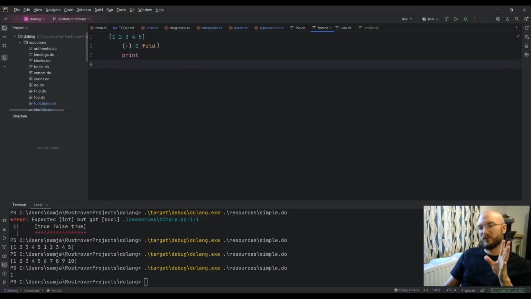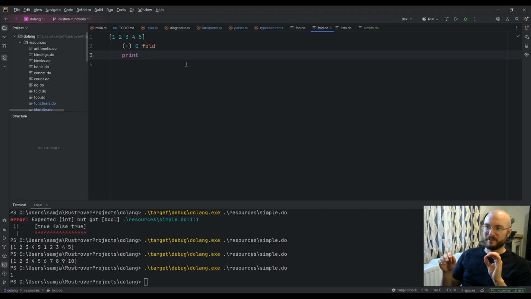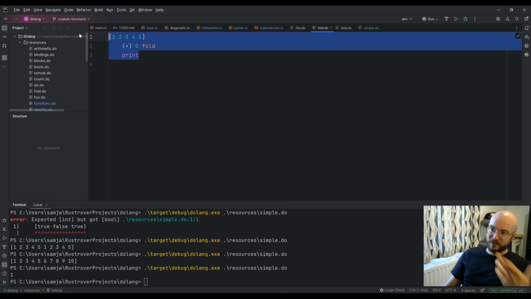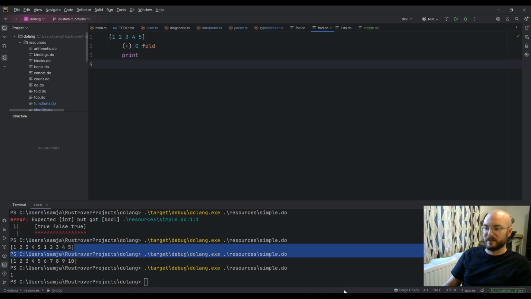So fold is also reduce in some languages, or like L-fold, R-fold, and I think I might need to have a distinction between an L-fold and an R-fold at some point, which basically means you'll have an accumulator, which is this value, and a function that takes 2 of the accumulator type. So you have a function here that takes 2 integers and a list of that type, and it essentially applies this function between every element of this list and the accumulator to return a single value. So this one will sum this list.